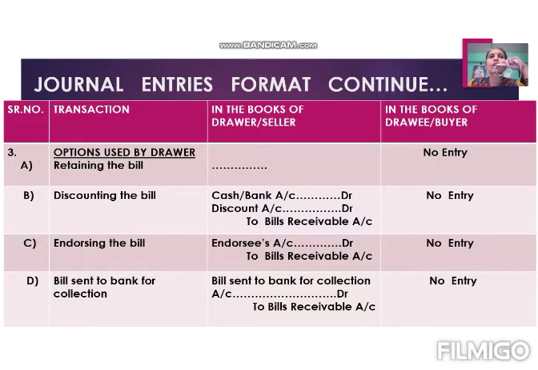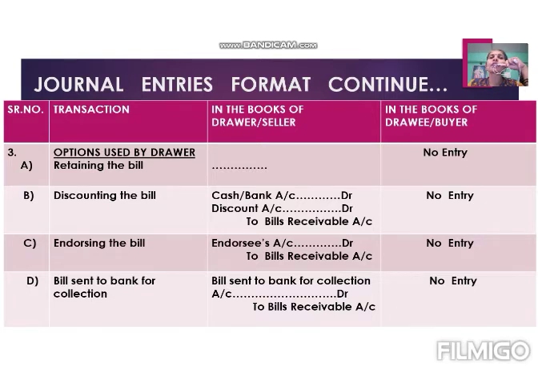If you remember the meaning of these options, then only you can understand the journal entries. So before learning these entries by heart, first you must know the meanings of these options. If you know the meanings, there is no need to memorize the entries. Next is discounting the bill. In the meaning only, the entry is there.